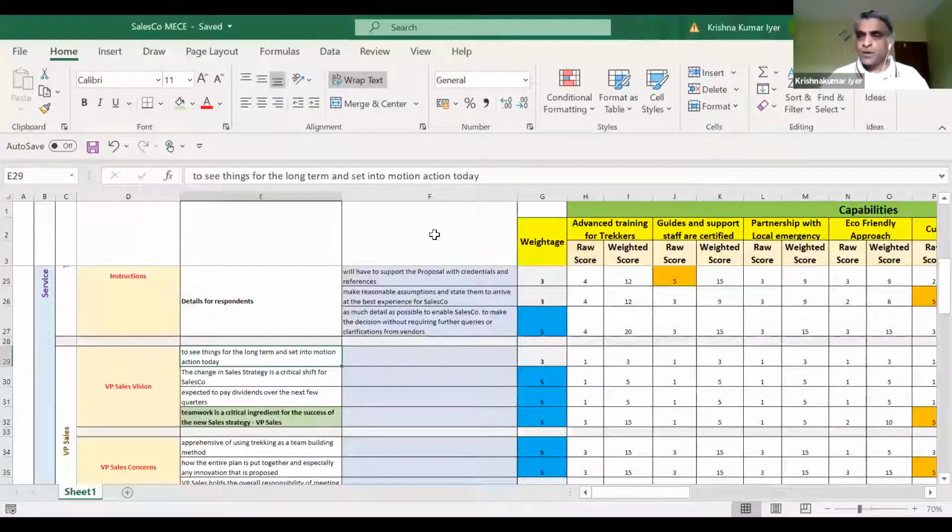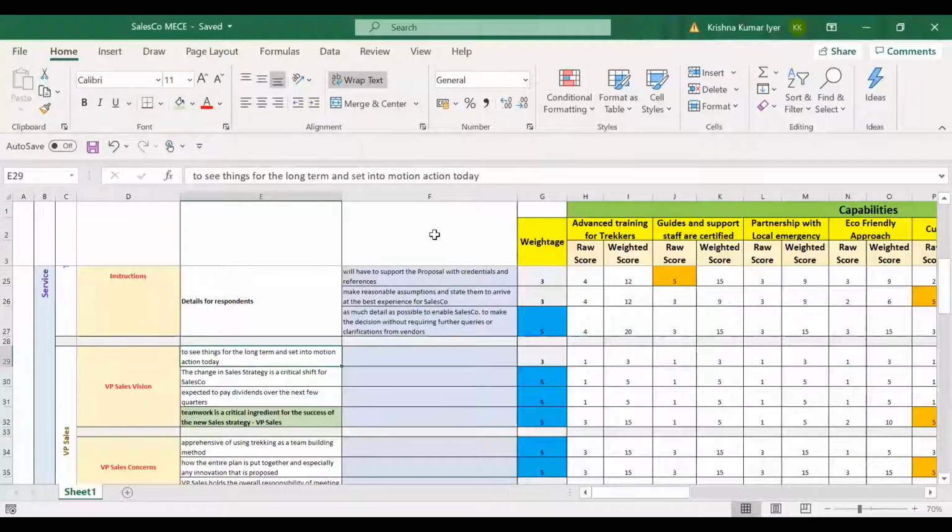Point number two, not all issues are the same. Some issues are far more important than others. While you can try to make sense of that through the RFP, remember the RFP is a very silent document, number one. Number two, the RFP is a very flat, unidimensional document, okay?